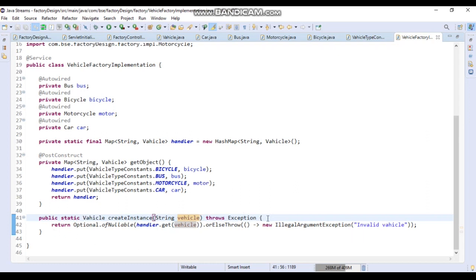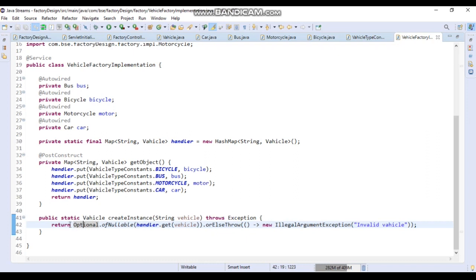What I have used here is Optional.ofNullable. This is a feature of Java 8. Before Java 8 we were checking if it is not null, but in Java 8 we use Optional.ofNullable with isPresent, and if it is present then perform the operation, or we can use ifPresent.